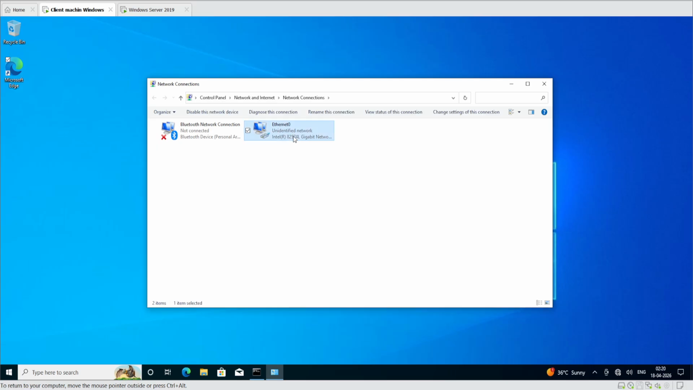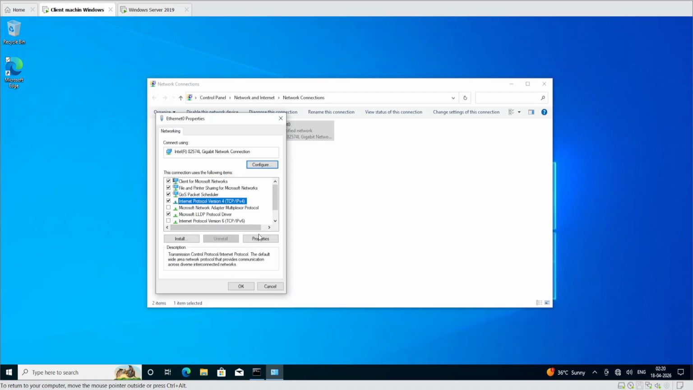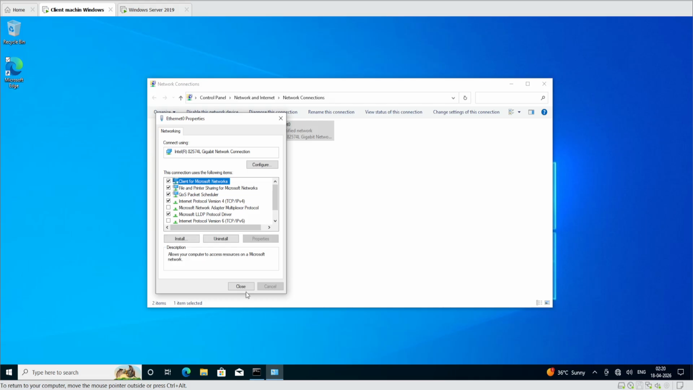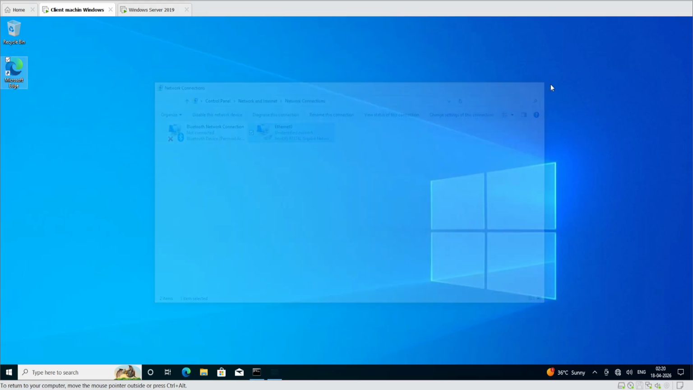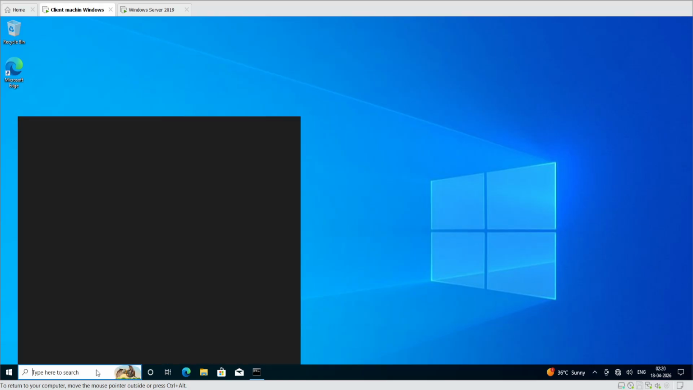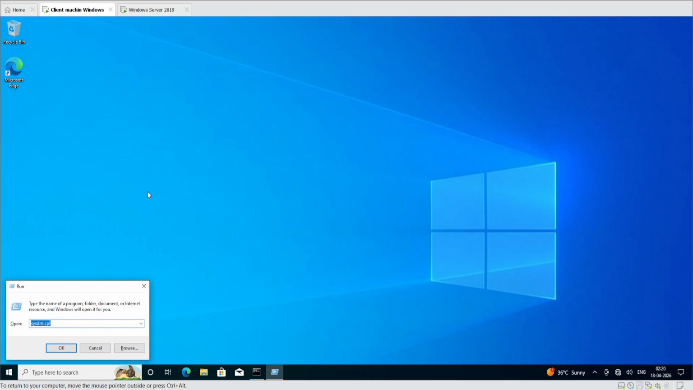Here we have to come again, properties, IP version 4, properties, and here we have to select the preferred DNS, since the DNS server is running on this IP. Just click OK, close, close. Now I'm going to join this system to the domain controller. For this, we need to open run, type here